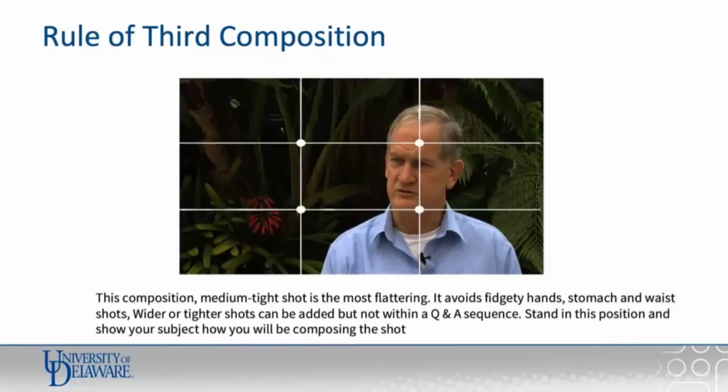Wider and tighter shots can be added, but when you're doing a question and answer sequence, that's not ideal. You want to be able to see everything, like we call head and shoulders. So head and then down to their shoulders. Initially, you don't have to zoom in quite this far. If you want to zoom out just a tad bit and crop it in later when you're editing your video,